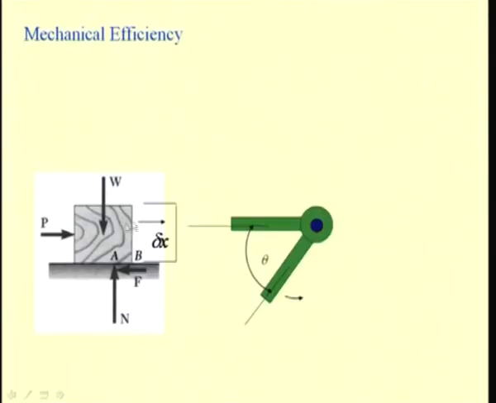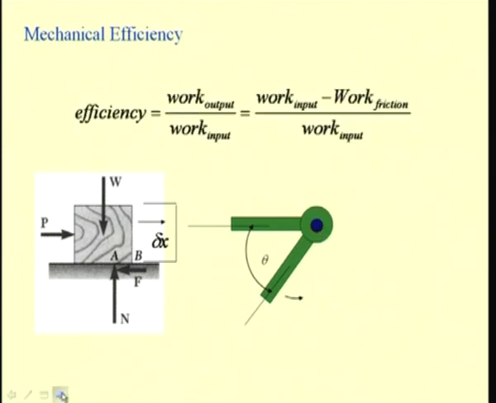So, in all systems where we have either the sliding action or where we are considering the bearing friction, as in this case of the joints, we can account for the work done by these frictional forces